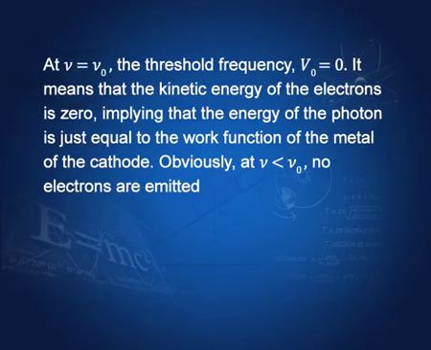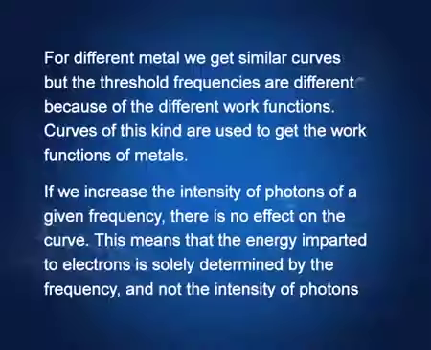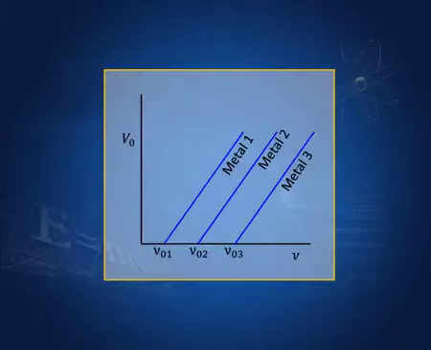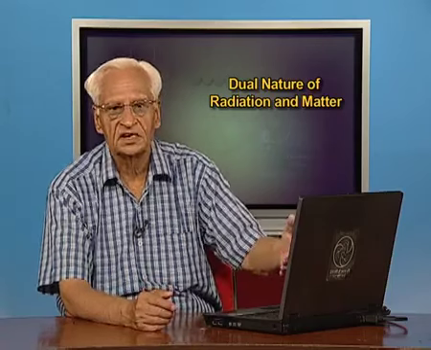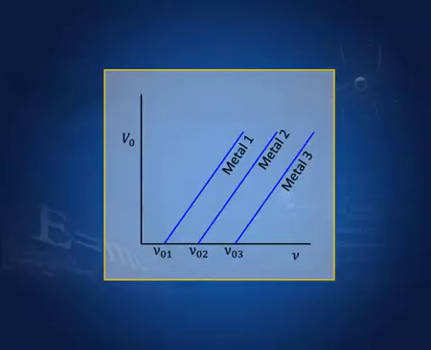If nu is greater than nu 0, then photoelectrons are emitted. If we plot the same graph for various metals, we find curves like this, and this is actually the procedure for finding the work functions of the various metals. Metal 1, for example, has the threshold frequency nu 0 1, therefore its work function is equal to h nu 0 1. Metal 2, the threshold frequency is nu 0 2, therefore the work function is h nu 0 2